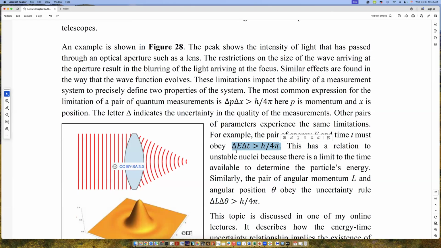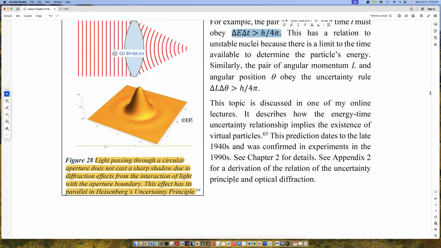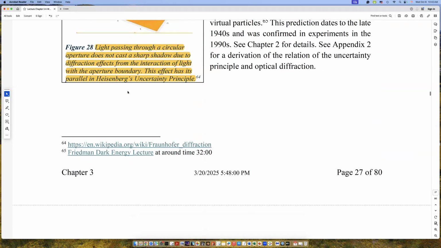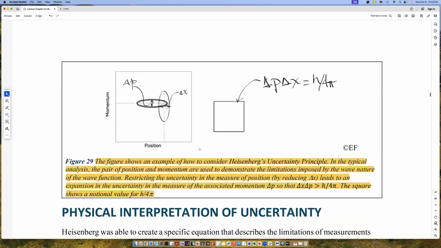And that we will talk about in a little bit because it has a profound influence on what we know about the quantum world. So we have the uncertainty principle described here in the case of light passing through a focusing system. Another way to look at this is here's the position of a particle and here's its momentum, which is related to its velocity. And if you want the momentum measurement to be tiny, the position measurement has to be broadened out, so you're less certain about the position, and vice versa.